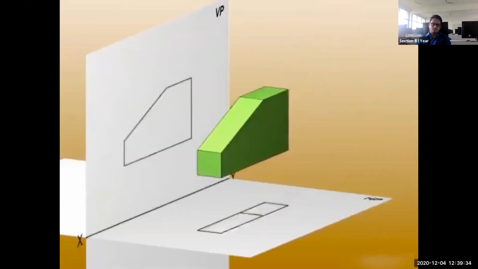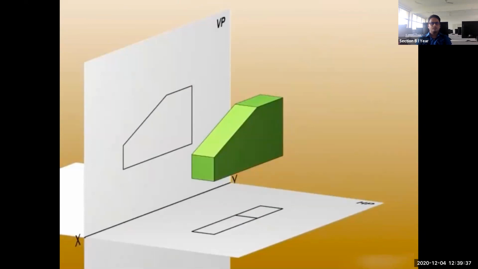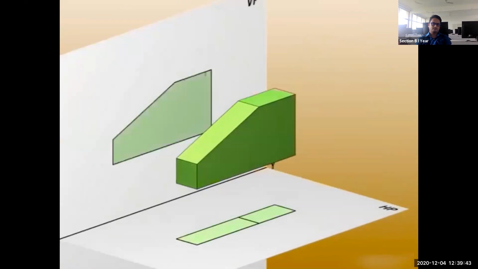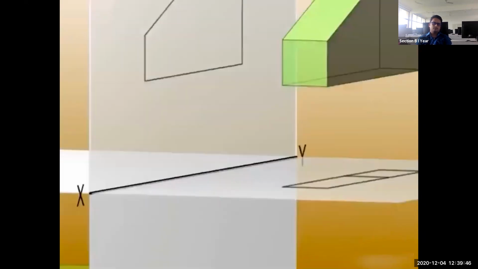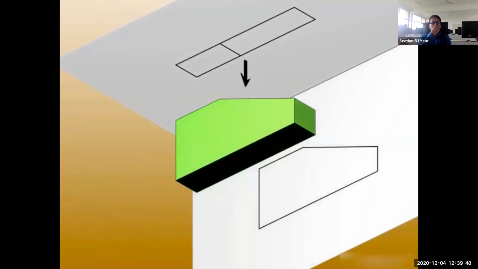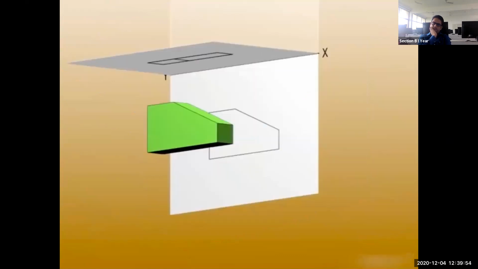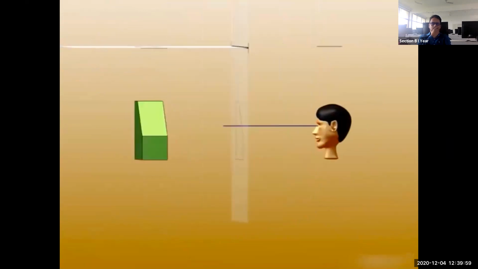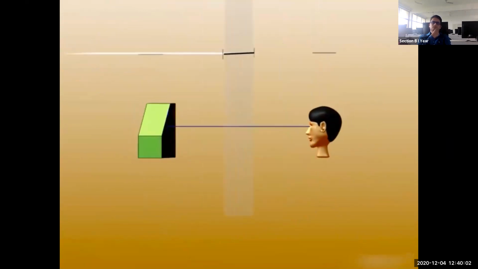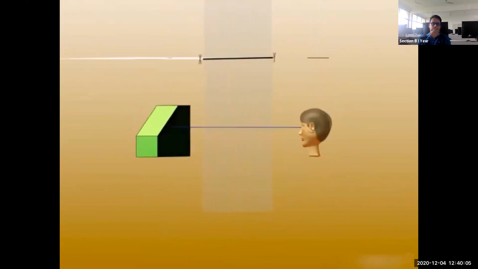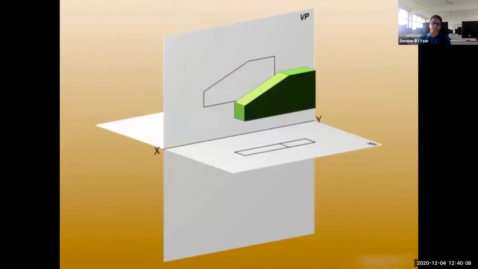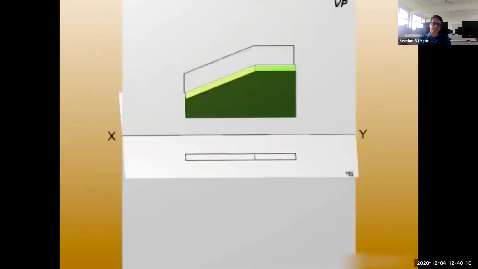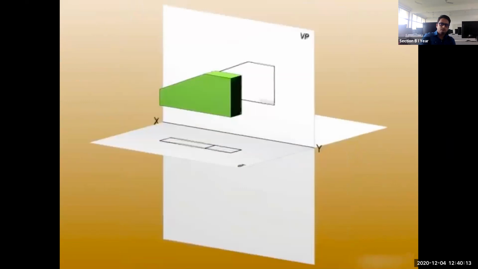In the first angle projection, the object lies above HP and in front of VP. The projection of the object is like a mirror image. For the third angle projection, the object lies below the HP and behind VP, and plane of projection is assumed to be transparent, lies between the observer and the object. So the line of sight passes through the plane, thus forming an image of the object. So with these fundamentals of projection, we are ready to delve deeper into engineering drawing.